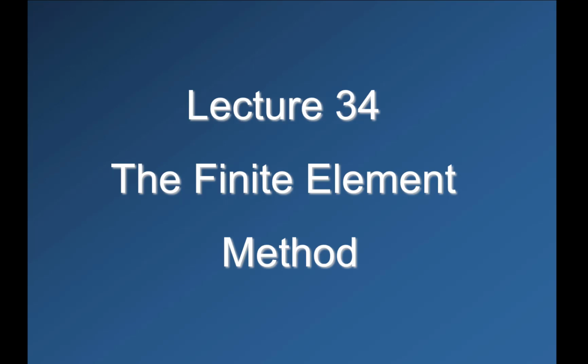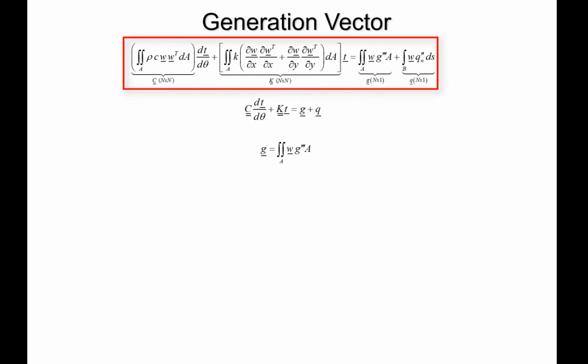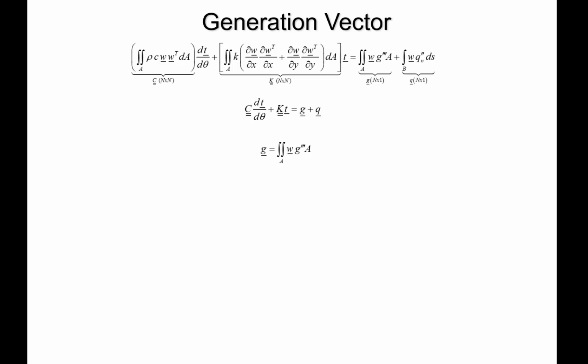So this is lecture 34. We're still putting together the finite element equations that we need to solve, which are shown here. Last time we completely defined how we would construct the C matrix and the K matrix. So we have the left-hand side of this set of equations done. Now we have to move on to the right-hand side of the equations,